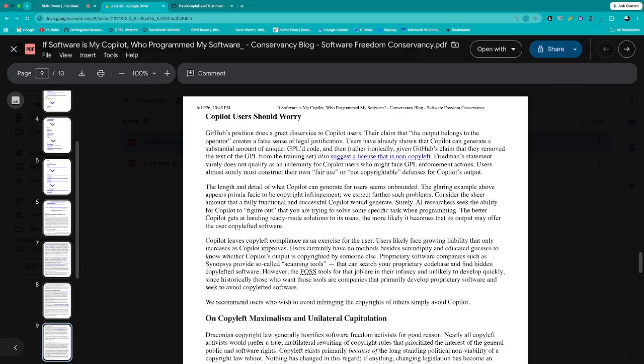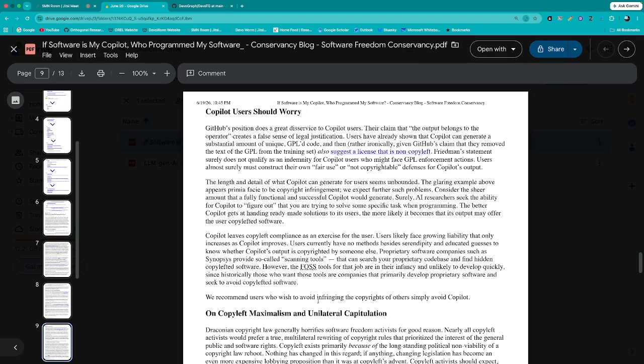However, the FOSS tools for that job are in their infancy and unlikely to develop quickly, since historically those who want those tools are companies that primarily develop proprietary software and seek to avoid copylefted software. So this is just their perspective here: to simply avoid Copilot to get around these potential infringements.